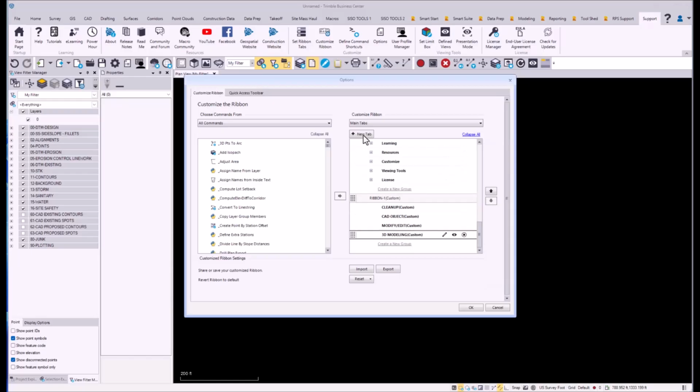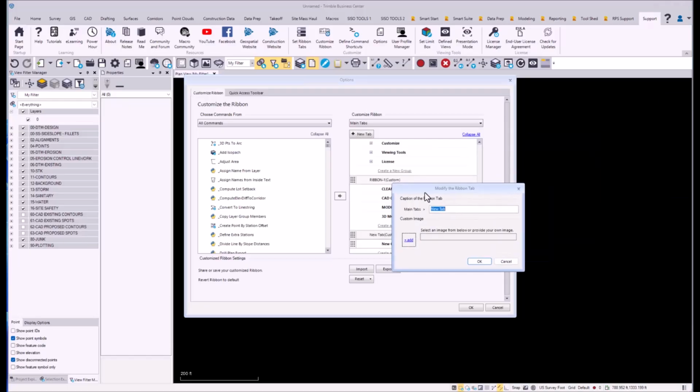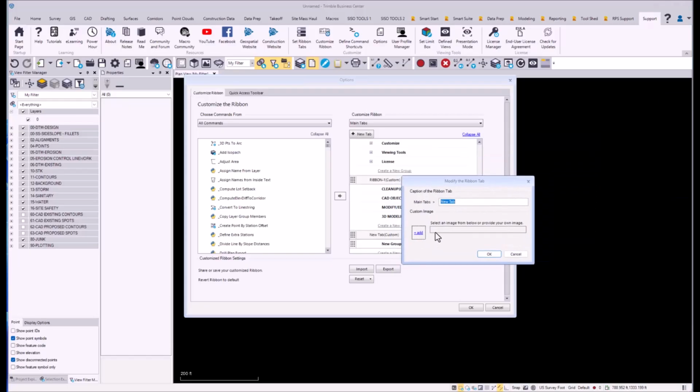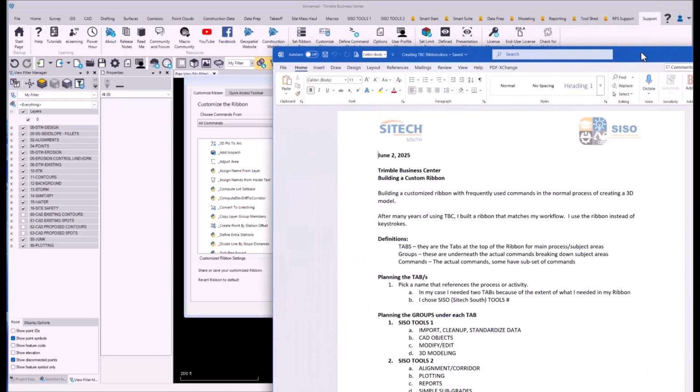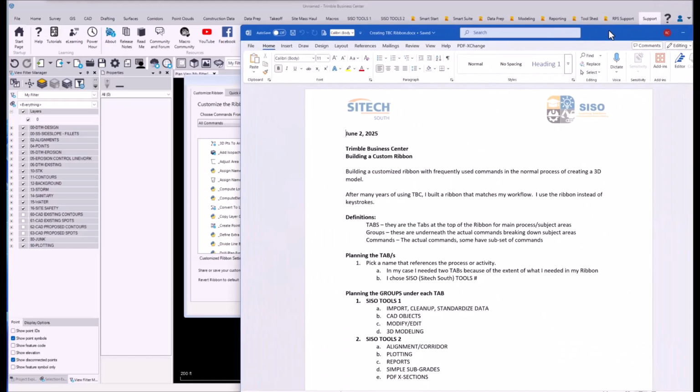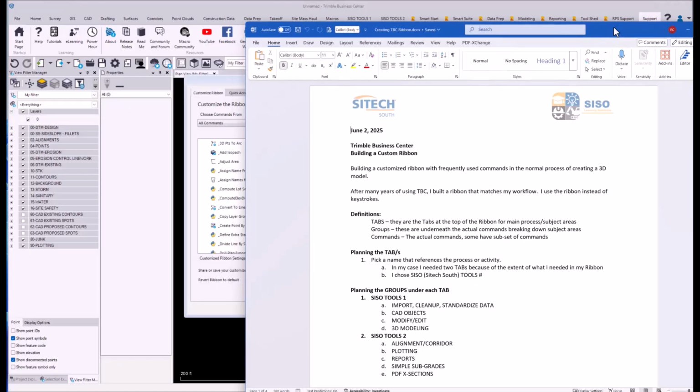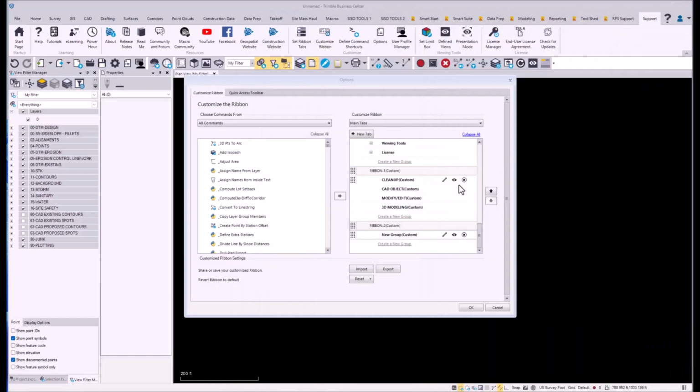And then we're going to create another new tab, and we'll just call it Ribbon 2. And now we'll add the groups. Remember, I'm just reading from this list and creating matching CISO tools 1, tools 2, just calling them Ribbon 1, Ribbon 2, and we'll add the other groups in. First one was